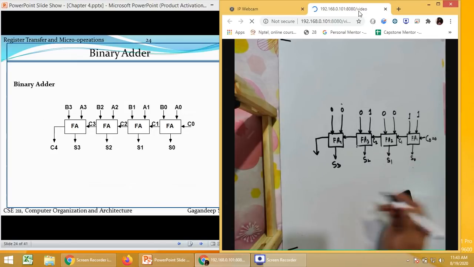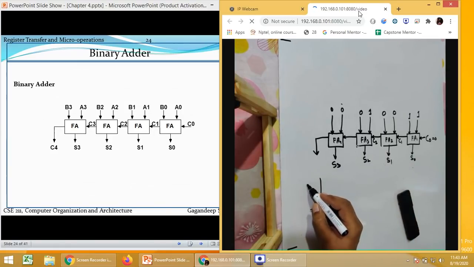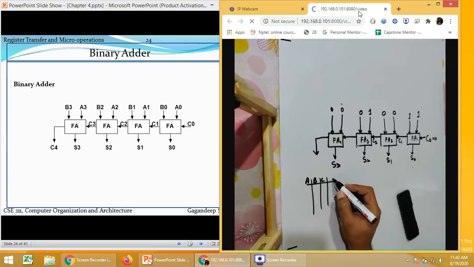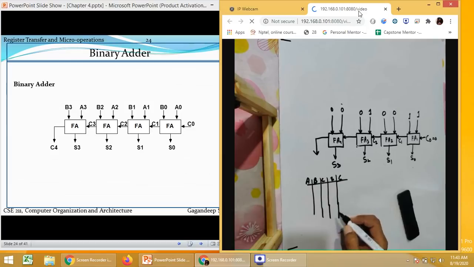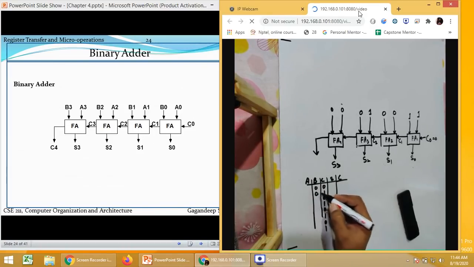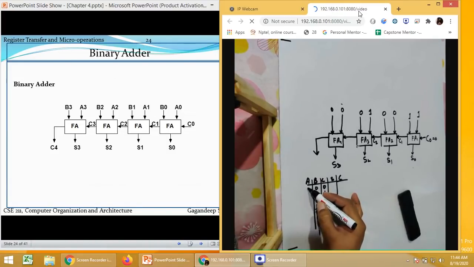Answer is, if we look at the table, let me make it a little bit smaller at this place now. C, B, A, S, and K. 1, 0, 0, 1, 1, 0, 0, 0, 0, 1, 1, 1.